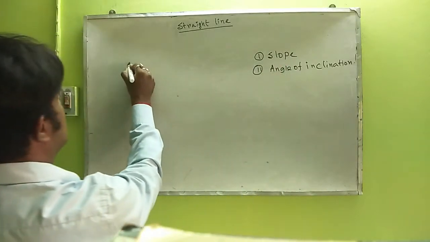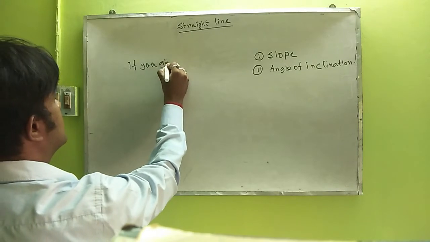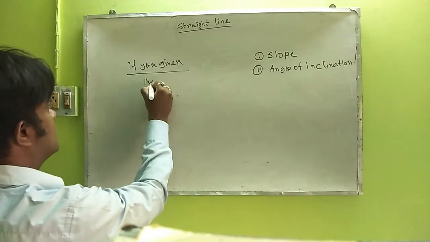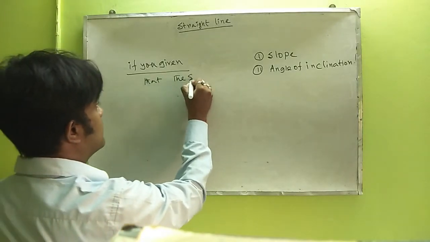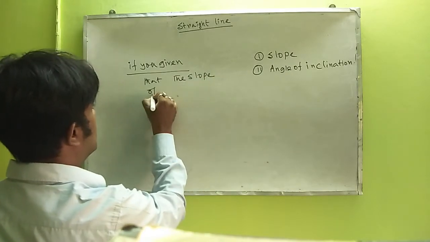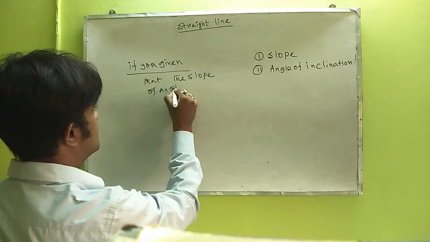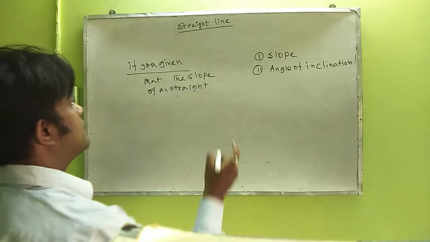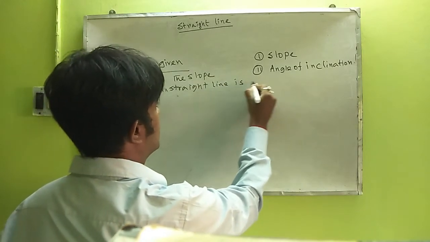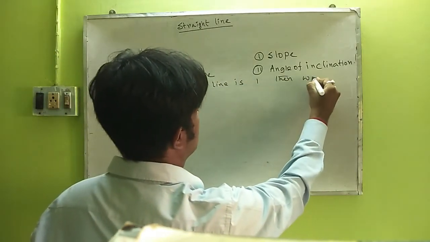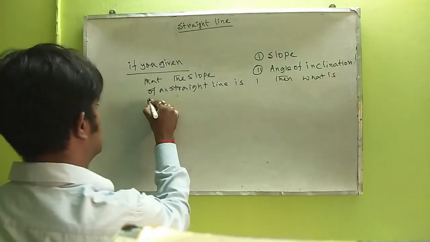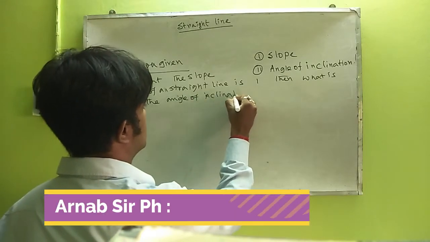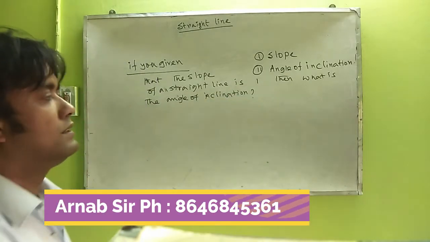Suppose you are given that the slope of a straight line is 1, then what is the angle of inclination? What is the angle of inclination? Your answer will be